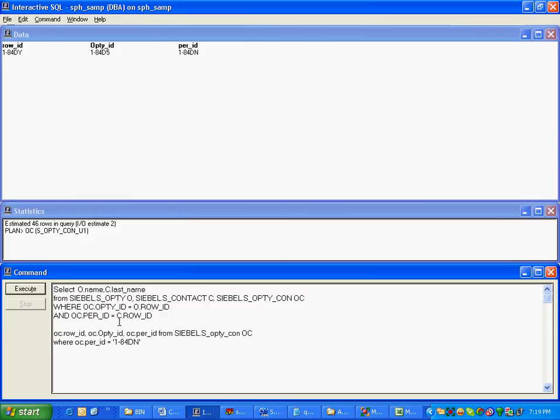So that means I put the conditions. This is how we were determining, this is how I'm asking it to determine. Now put the limiting condition. You don't want to make it work on all the data. You want to work on only where opti ID is equal to 184 DN, right?